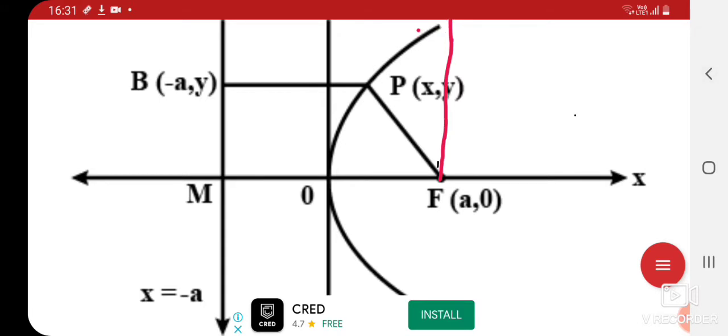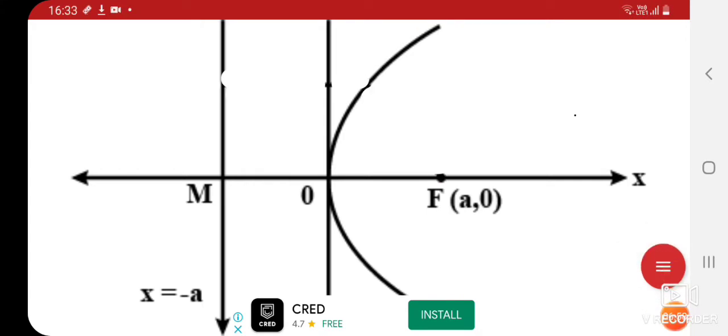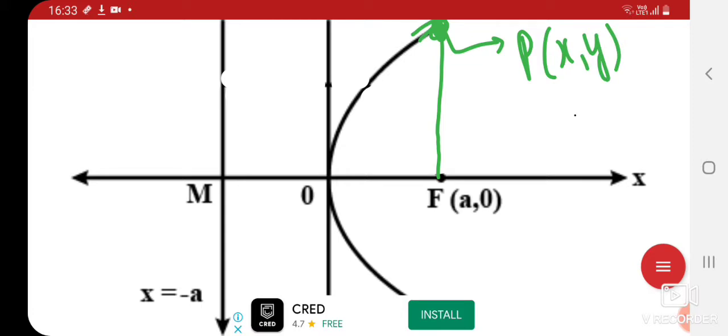As these two lines are equal, let's make this intersection point P, which is (x, y). Why have I put x, y here? Because I know that all the points lying on this quadratic equation satisfy it. If I put some value, let's say x equals 2, means this a is equal to 2, then what I can say is